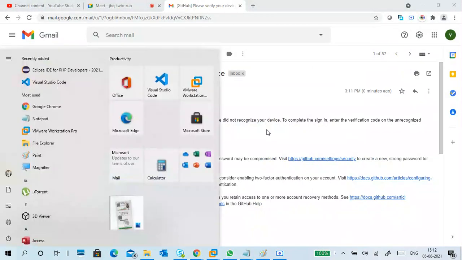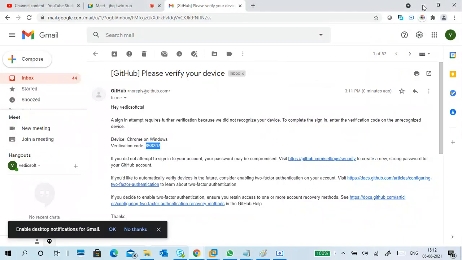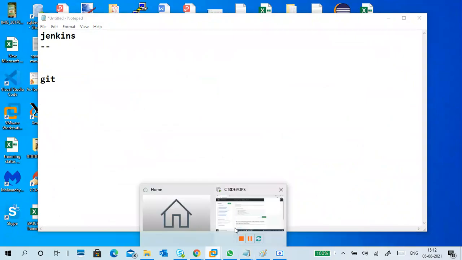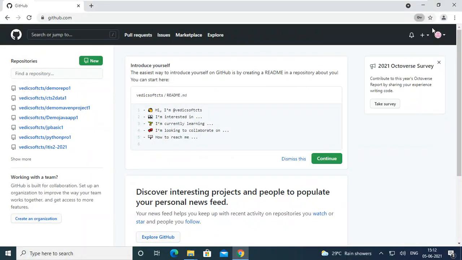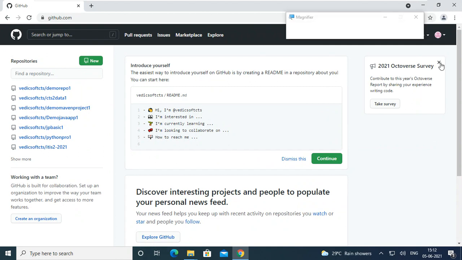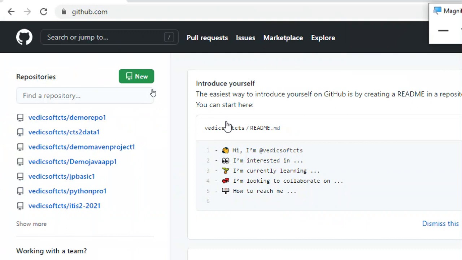I need a magnifier. My suggestion is, I think everybody has a secondary mail account that you don't use much, so you can use that.